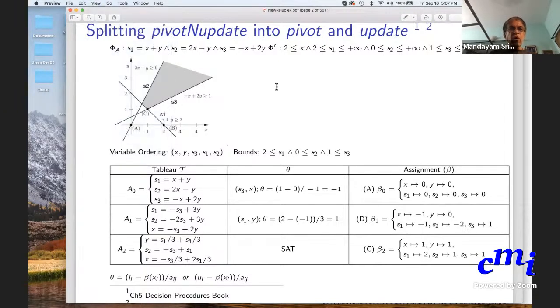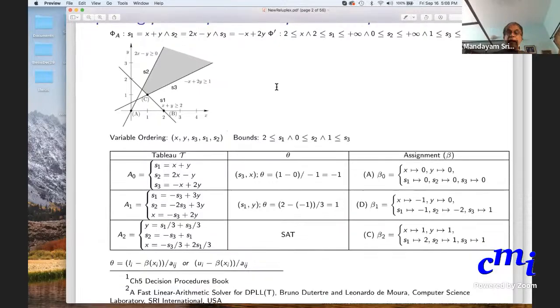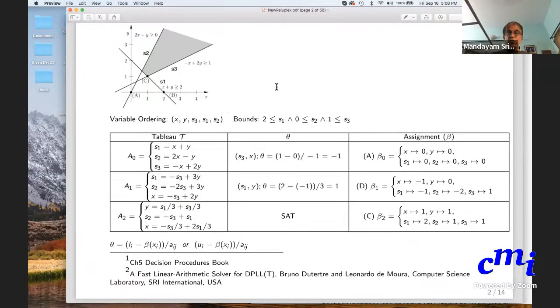Okay, so first, before I start ReluPlex, I want to give a gist of why simplex is a correct procedure, why it terminates and gives the correct answer. It will not be a formal proof, but it will hopefully give you an intuition as to why it is correct. And in the process I also want to point out